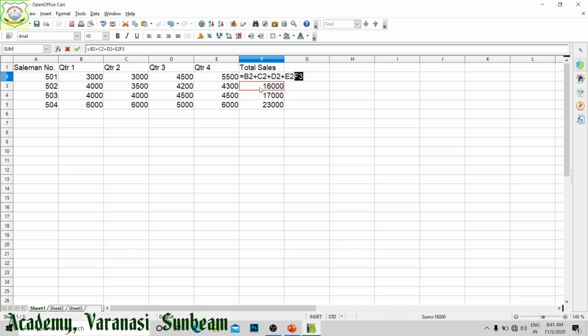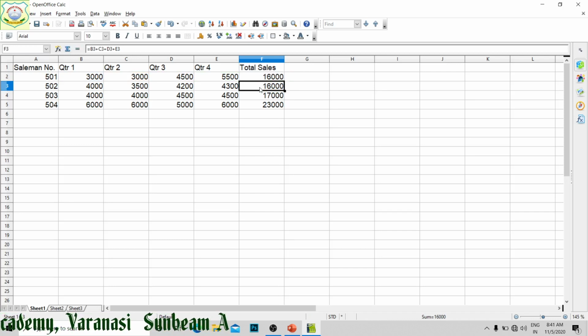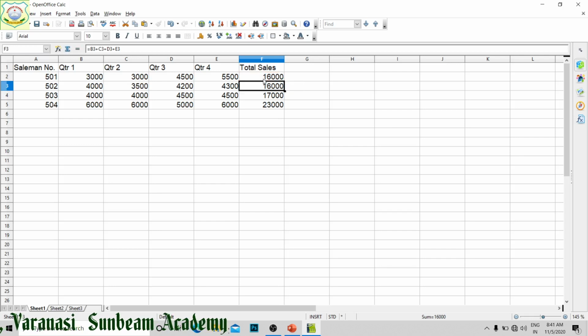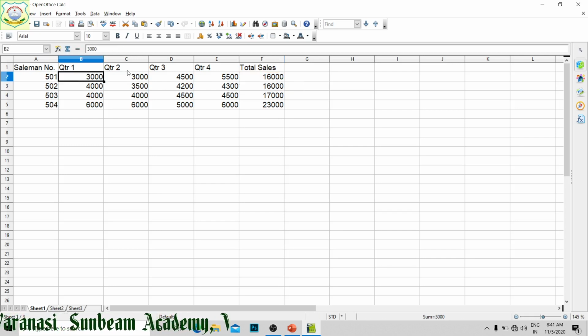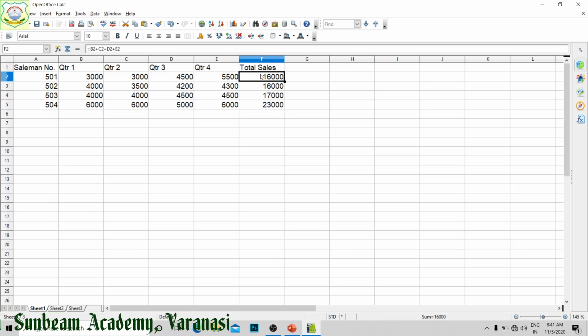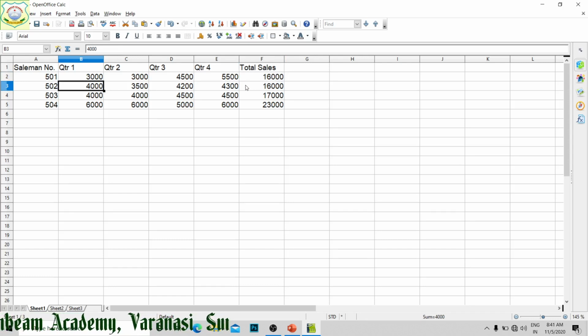In the next one it is B3, C3, D3 and E3. In the case of relative cell reference, when the formula is copied from here to here, you will see that it has been updated, and B3, C3, D3 and E3 have been added. This is cell reference, and this type of cell reference is relative.